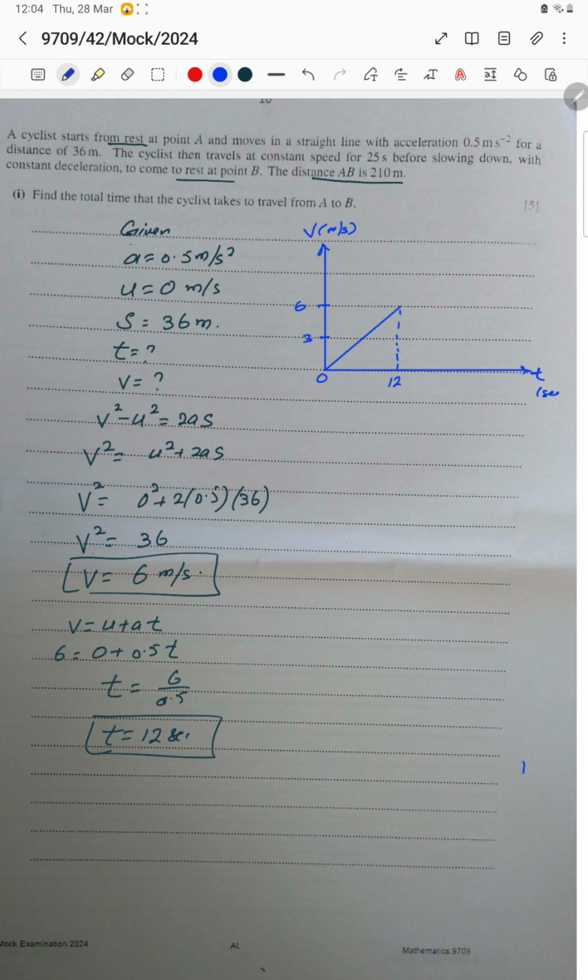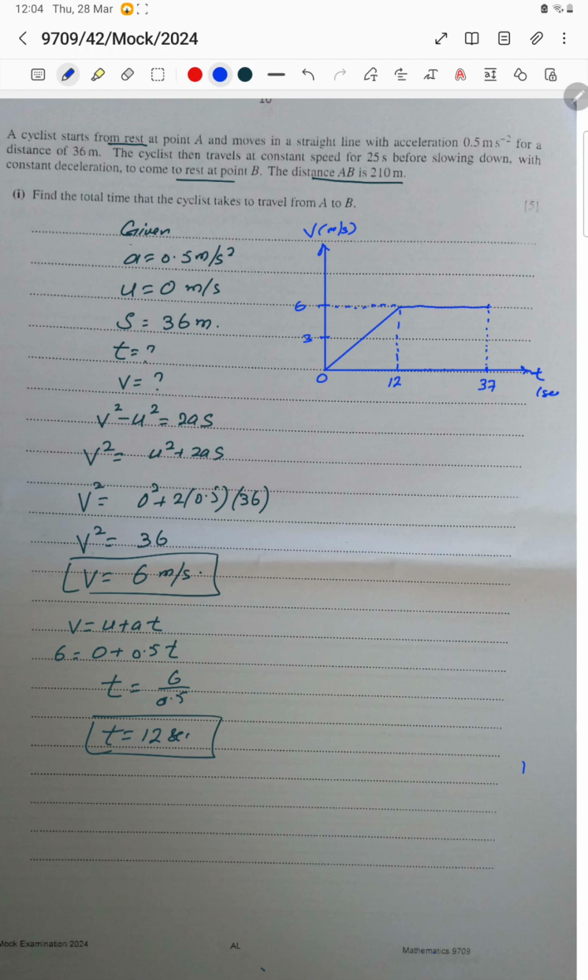It will attain this speed of 6 meter per second. And it is given that the cyclist then travels at a constant speed for 25 seconds. So we have to add 25 to it to become 37. I hope 37 is here, because 12 plus 25 is 37. Yes, exactly, it will come here